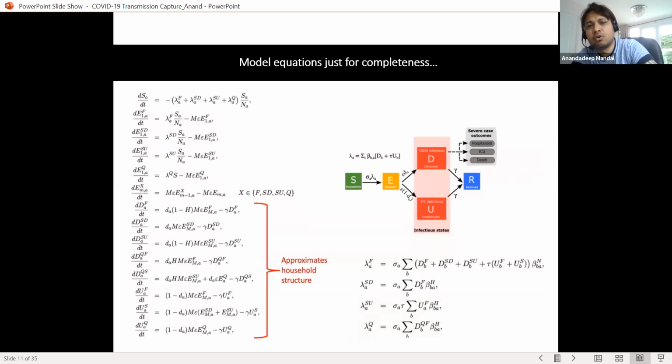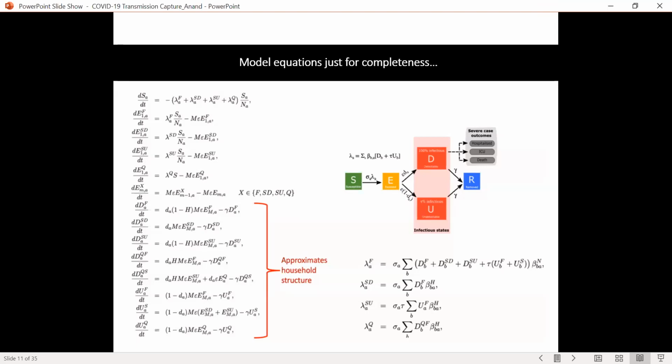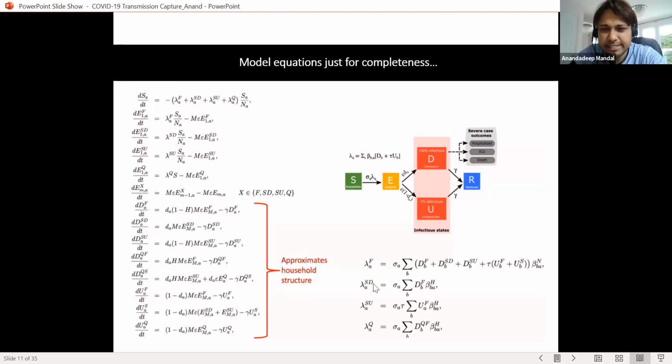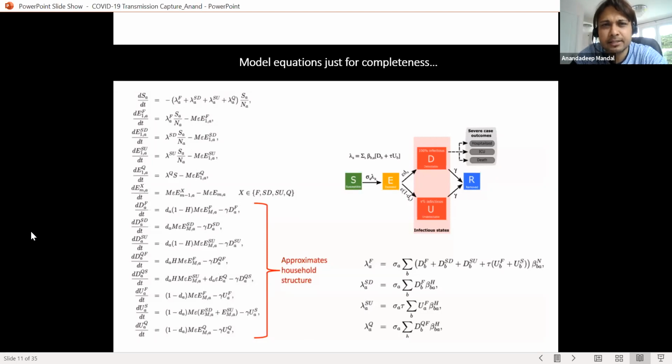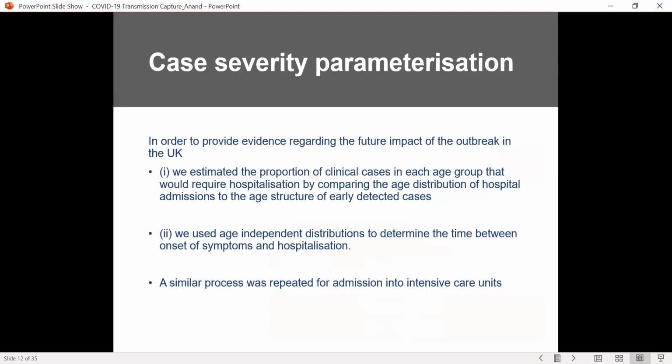So these are the various models we had. We had estimated, and you can see we had taken various household structures. For example, this is the first infection. Then we have the subsequent detectable infections, then the subsequent undetectable infections. So yeah, this is external infections. So we had taken most of the things into consideration.